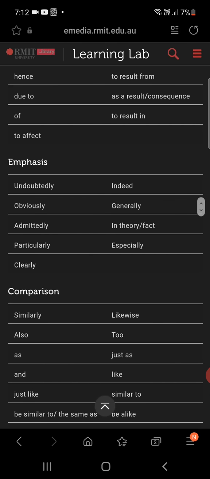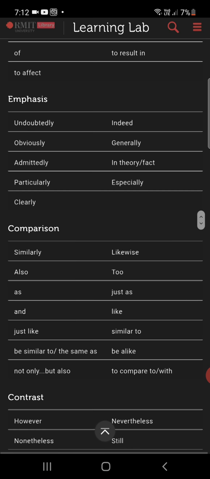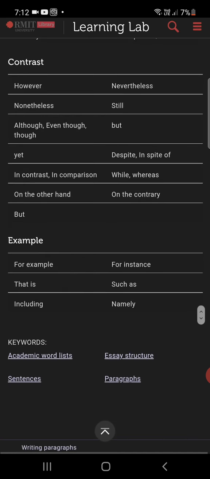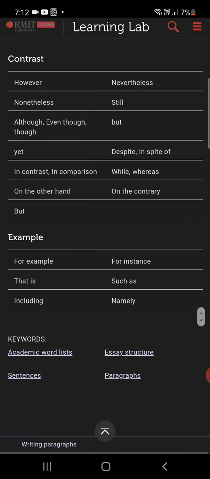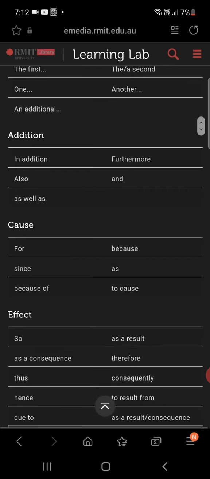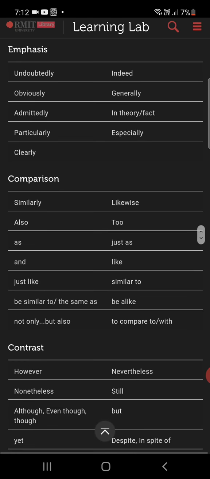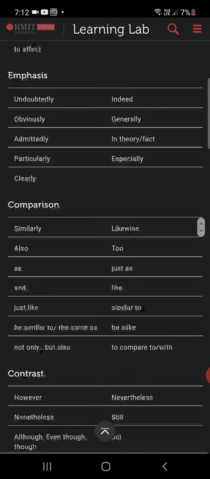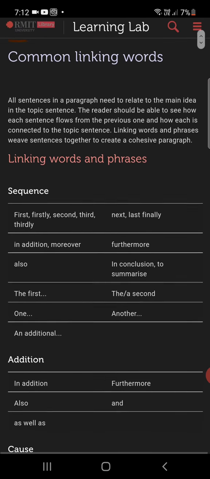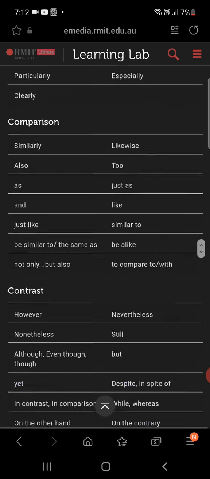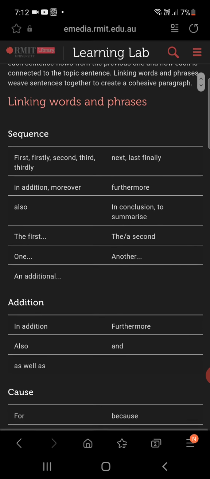I mean, it says emphasis, but it says undoubtedly, and then it says indeed. And then it says obviously, and then generally. I mean, what are they actually trying to tell you over here? Most of all, you have to understand that you probably don't know this right now, but if you can guess, be truthful with me right now, about what you really think about all these words and how you can actually read these words. I mean, how do you read these words anyway? What do you have to do?